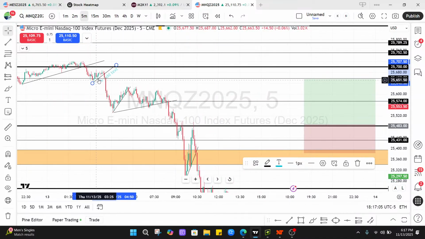Look at this. So you have the bear flag. You have the rejection here at the 25,700 area, and clean. And this is the 5-minute candle. So within 5, 10, 15, 20, 25, 30, 35, 40 minutes, it went from